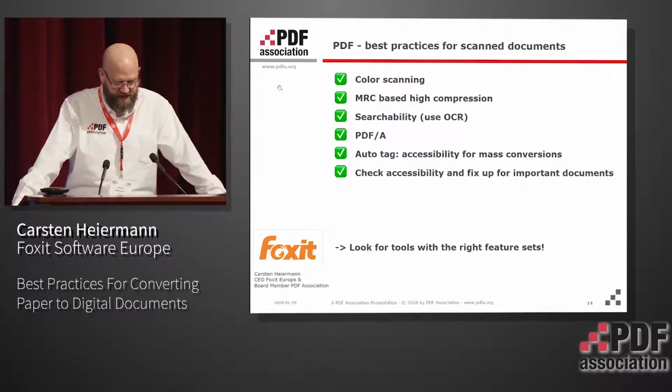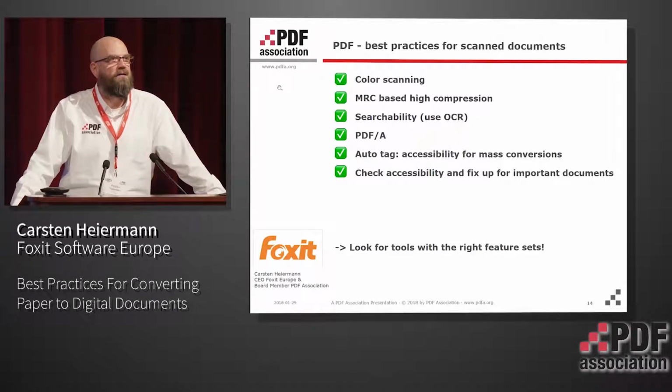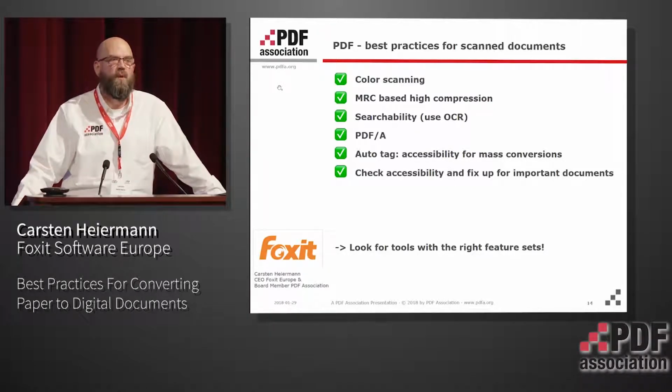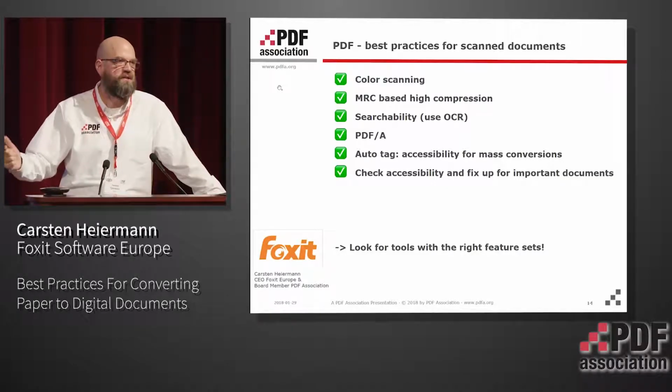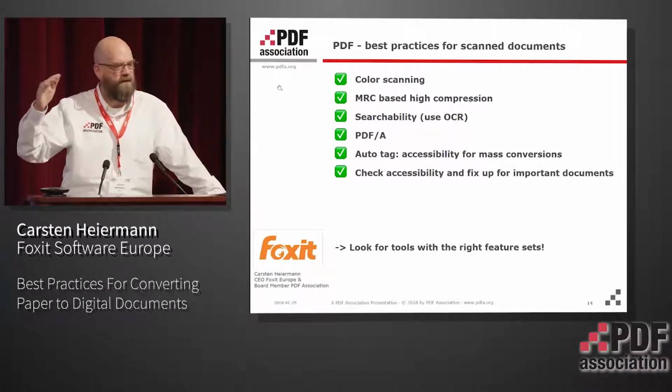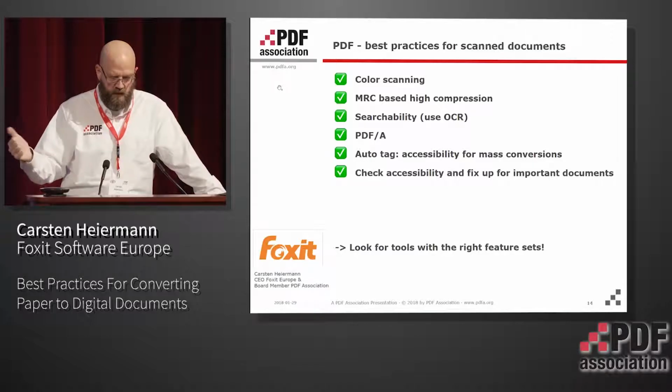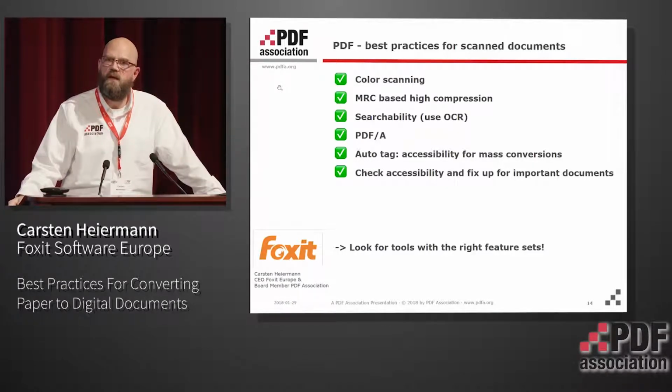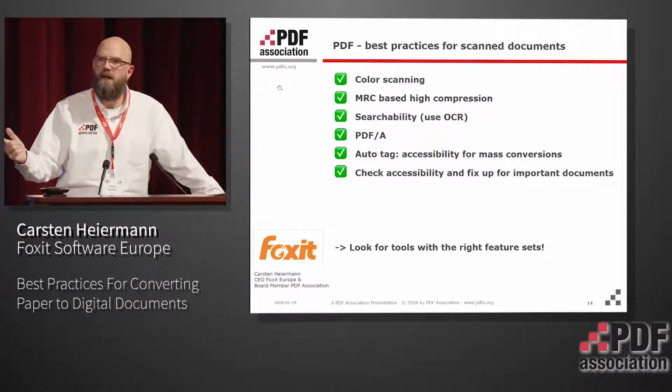Okay, just a quick checklist, best practices. I think color scanning is definitely on the list. Why shouldn't we do it any other way? MRC-based, MRC is mixed raster content, the thing that I explained. MRC-based, high compression, searchability into those documents, and that's not only about accessibility, that's also about data mining, big data